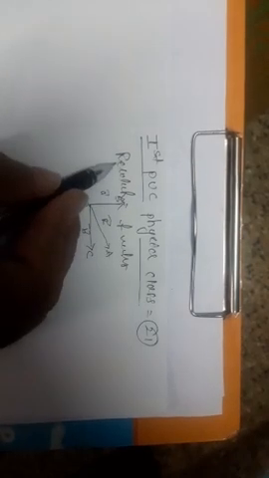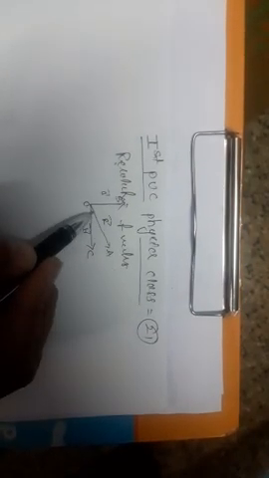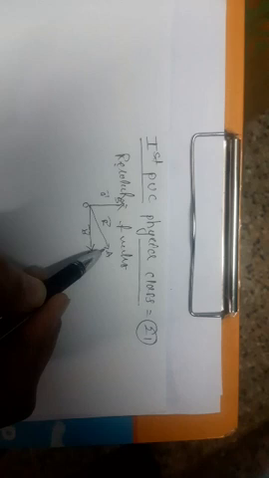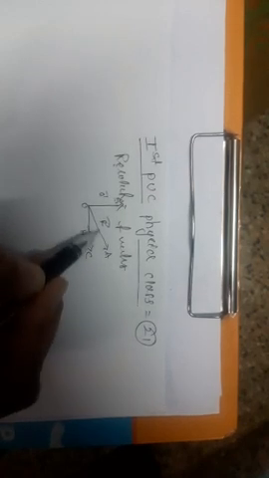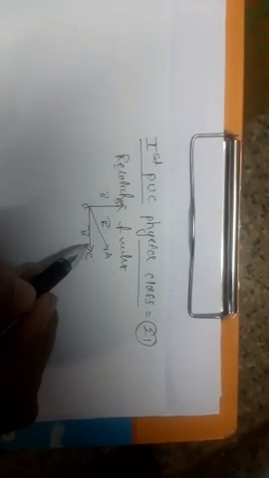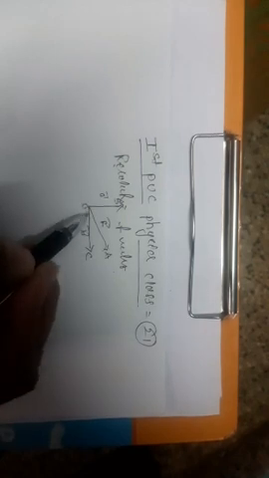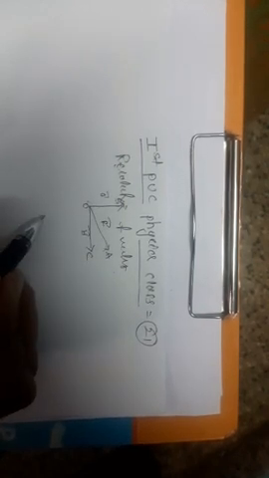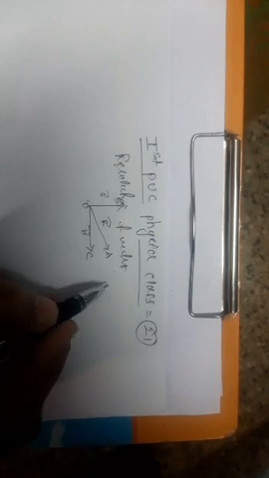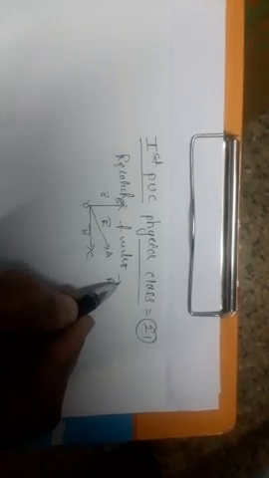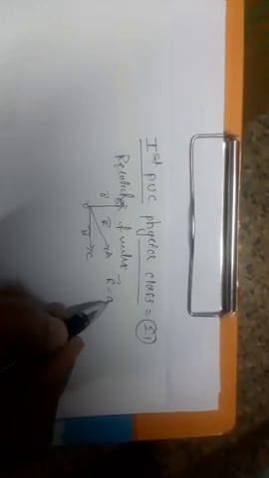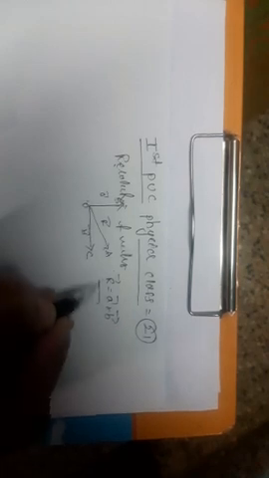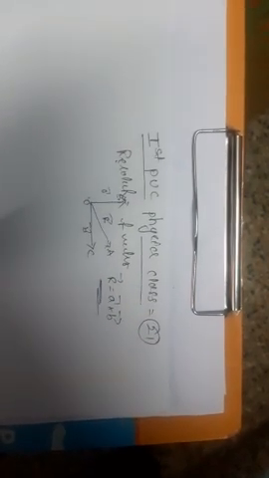That means the resolution of a vector is the process of conversion into two different vectors. When a vector is resolved into two different vectors, one is OC, one more is OB. That is called resolution of a vector. That means vector R is equal to the sum of the two vectors.